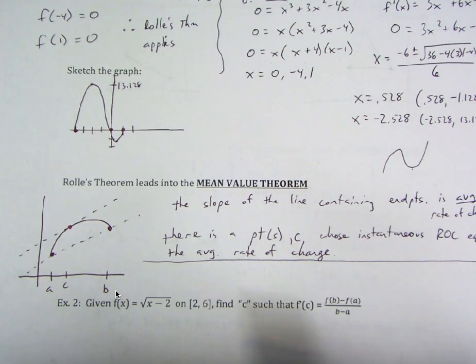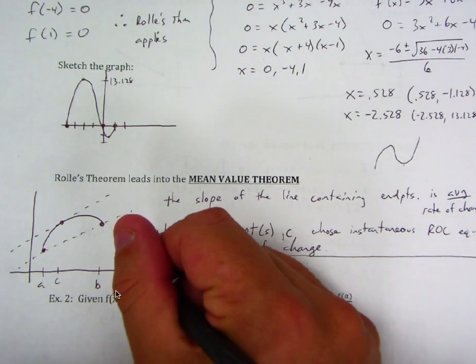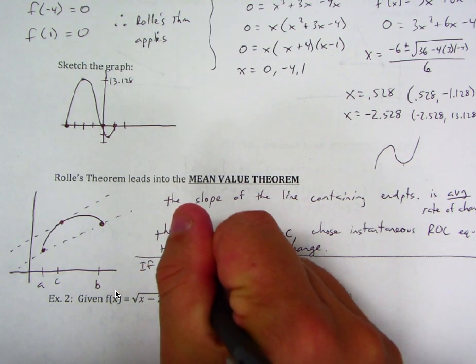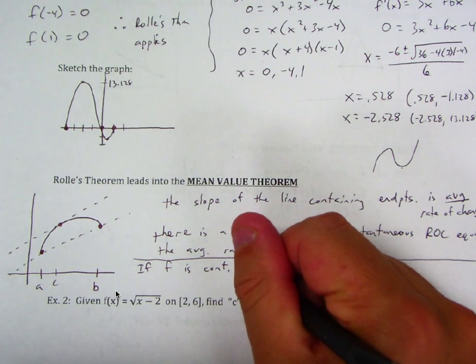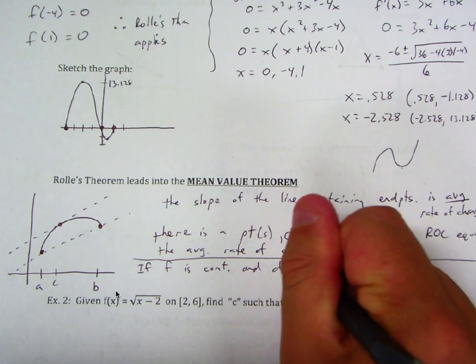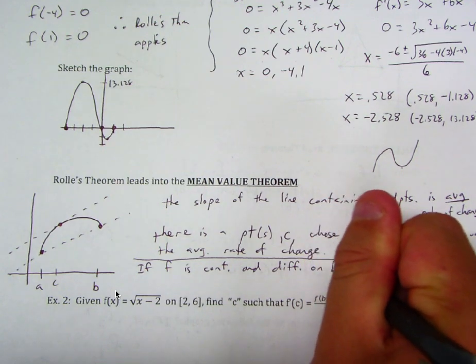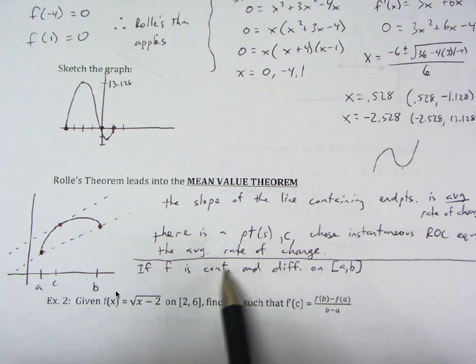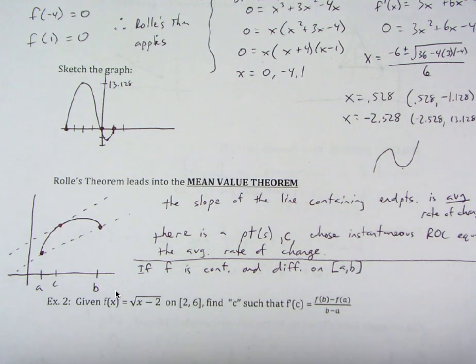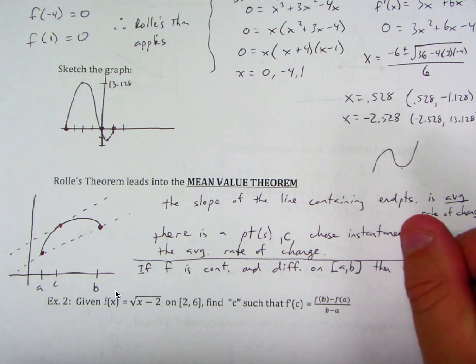But to put this into good vocab, if f is continuous and differentiable on an interval. And that's all that has to be true. Anytime you talk about a theorem, you have to think about the conditions that have to be met to uphold the theorem. And this is all that has to be true. You need a continuous, differentiable function on a closed interval. That means endpoints included. Then, there exists